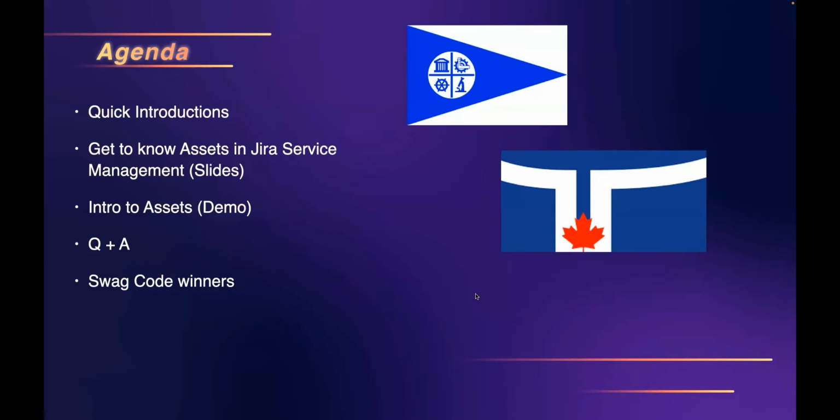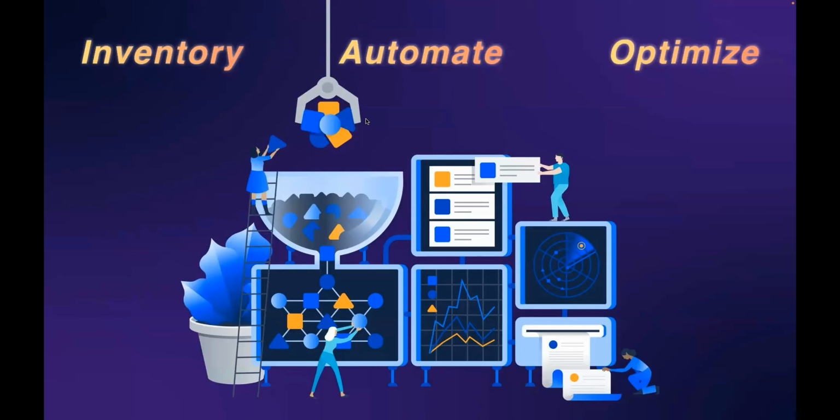I'll do a little bit of background in slides for you, and then Jennifer is going to go into a brief demo. So let's cover a little bit of background here: why asset management is important, and what is exciting about having Assets in Jira Service Management. With Assets, our IT teams can close service requests faster because they're able to link customer assets or objects. Of course, they are people, right? But for the sake of asset management, we refer to them as objects, directly to an issue or a request. And you're able to view these assets, objects directly from our issue view.